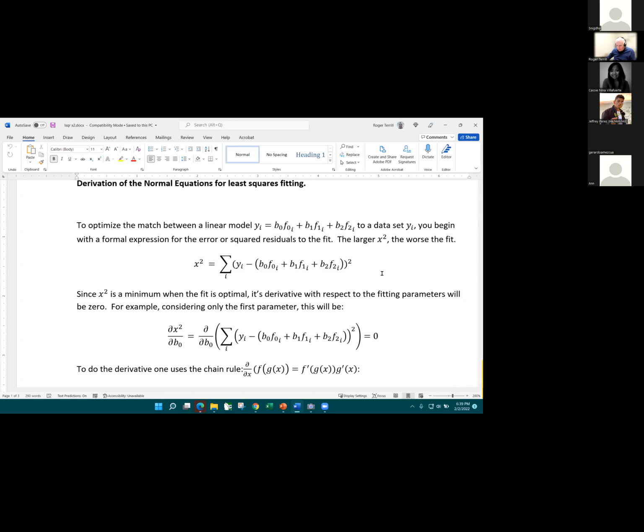And so do you agree that chi squared as a function of b0 should be a parabola that goes down and then up again as b0 changes? Now, if you hold b1 and b2 constant,